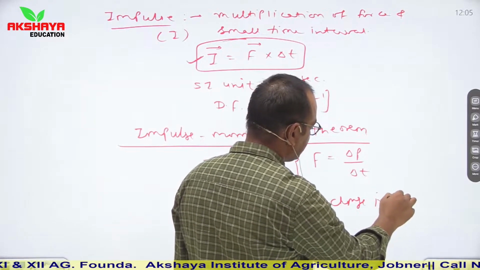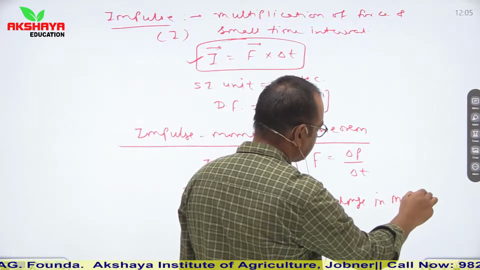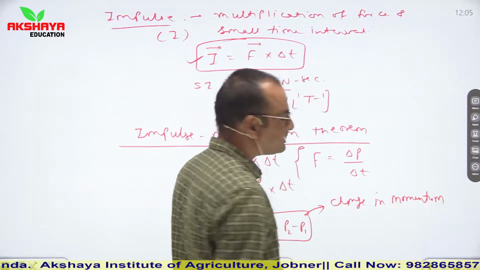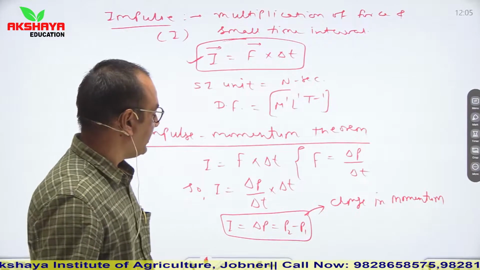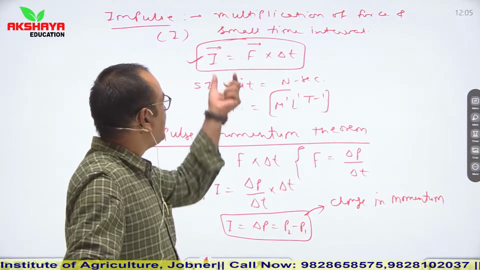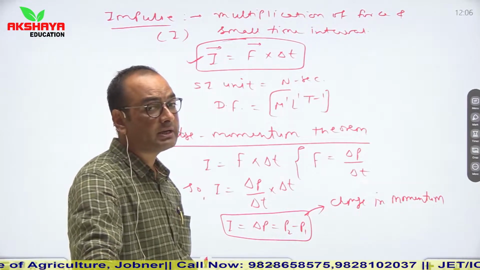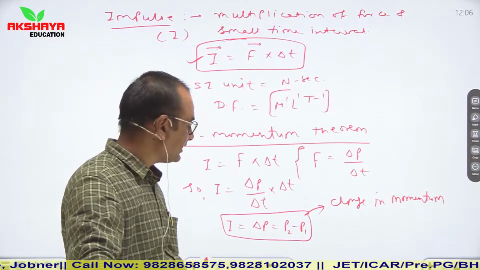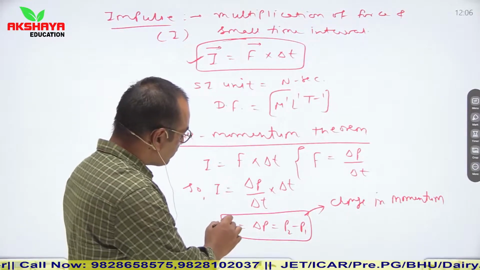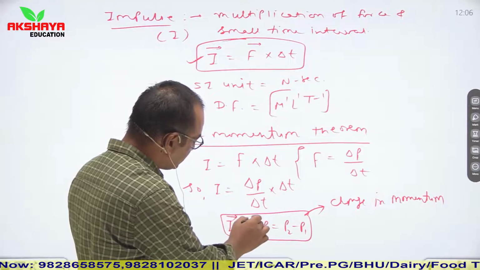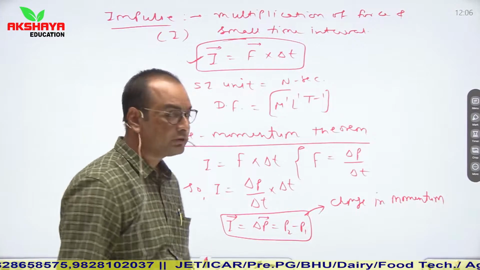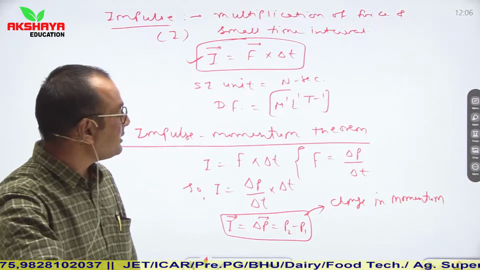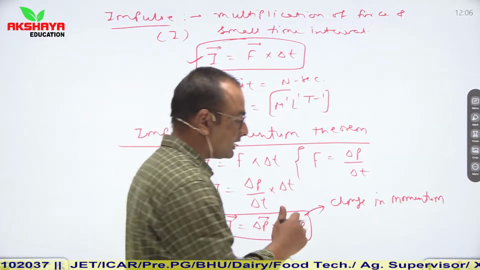So the units of impulse and momentum are similar and their dimensions are also similar. In other words, impulse is a vector quantity whose direction is in the direction of change of momentum. You can represent it in vector form like this: I vector is equal to del P vector. So this is known as the impulse momentum theorem. Let us see the pattern of questions.